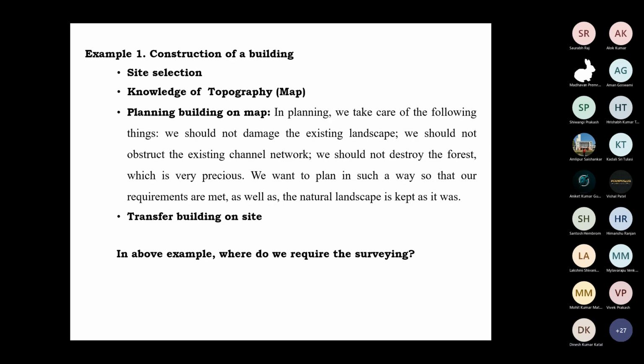Am I right? If your map is wrong, then what will happen? Somebody is planning on the map, and he doesn't know what is actually there. So he will do the wrong design, because when making the plan, he gets the wrong thing from the map. That is the concern with the survey person; it will be problematic. I think you got the point where we require the survey. Is it okay? Yes, sir.